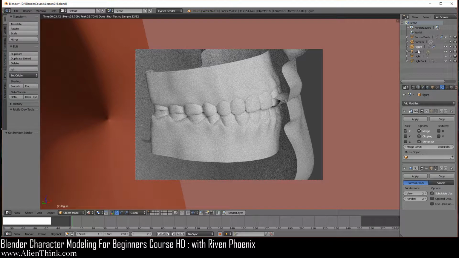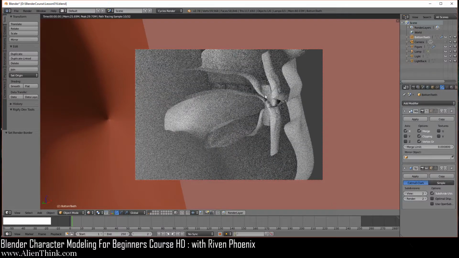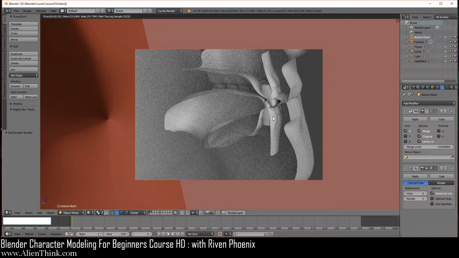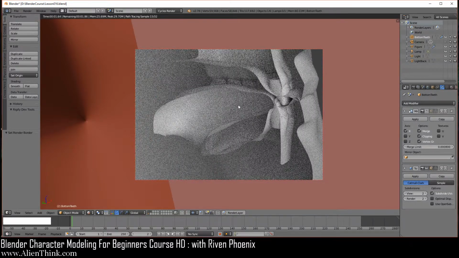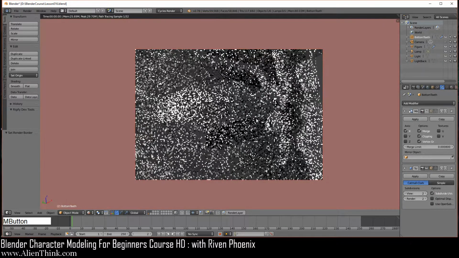So if we click on the bottom teeth over here, do the same thing, click this off. Now you'll start to see how complicated this is starting to look, okay? It looks a little confusing because there's no color over here, right? But you can start to see how you can maybe just flatten, basically make a side section of this entire figure, basically add all the faces on the tongue to make it look like it's cut in half.